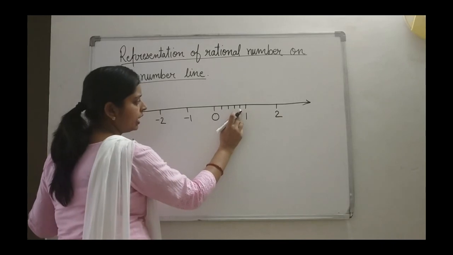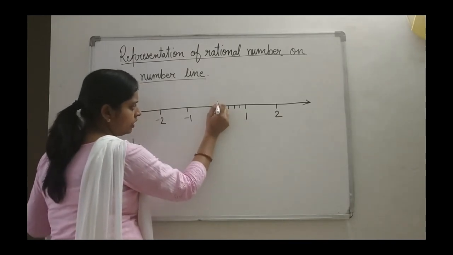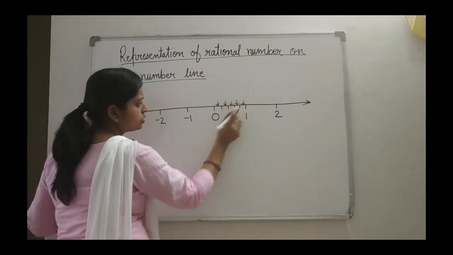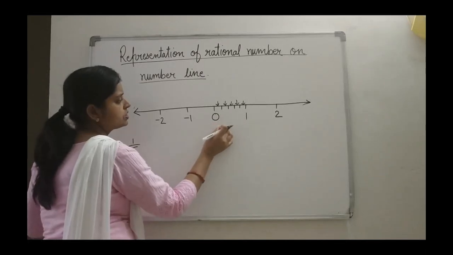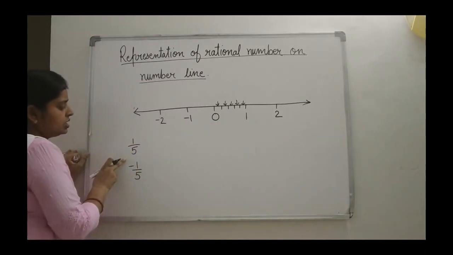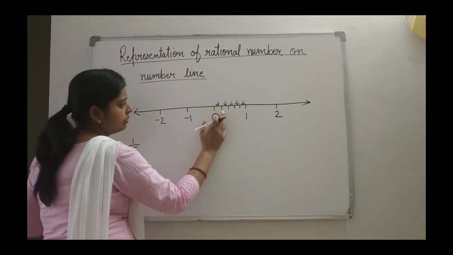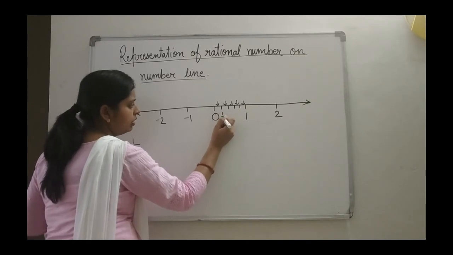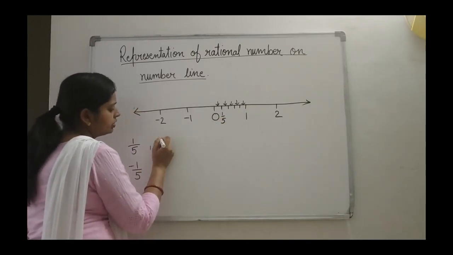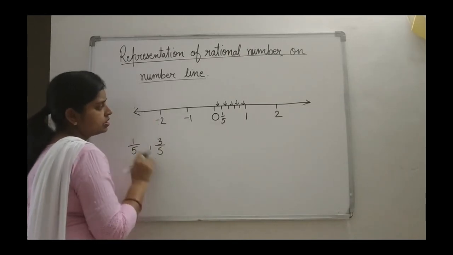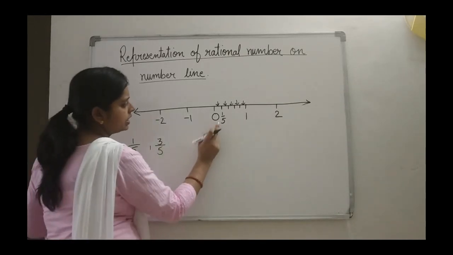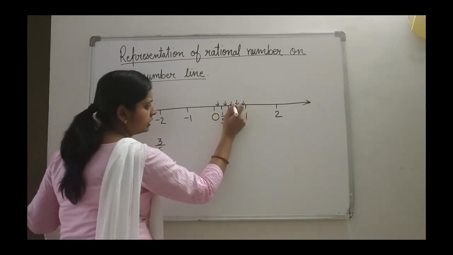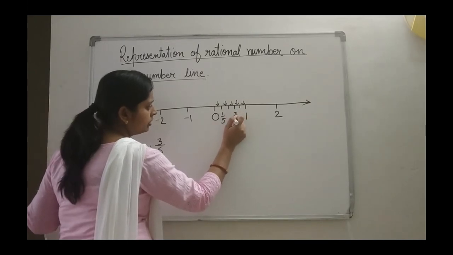I have drawn 4 lines, but see how many partitions have been made? First partition, second partition, third partition, fourth and fifth. So you have made 5 partitions of 0 to 1, and the number is 1 upon 5. The very first line I have drawn after 0 will be my 1 upon 5. If the question has been asked for 3 upon 5, then this is the first line, 1 upon 5, this will be 2 upon 5, so the third line will be 3 upon 5.